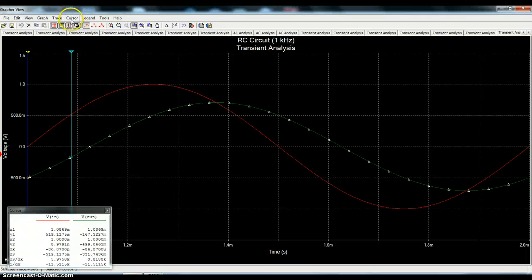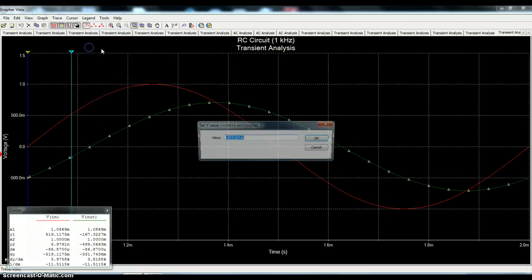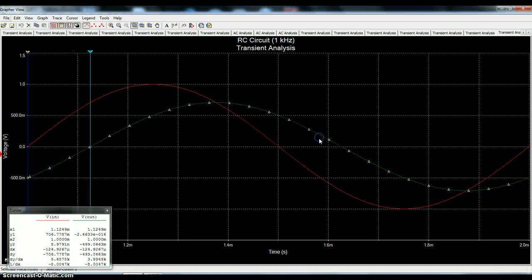Let's go back to cursor, and you have 2 situations here in order to set the Y value at whatever you want it to be. This one moves the cursor to the right, to the next point on the right at which the value is what you specify, and this one sets it on the left. Now I'm to the left of that 0 crossing, so I want to use the first one here, and it says set Y value equal, and I'll put 0 in that slot and hit OK, and notice that